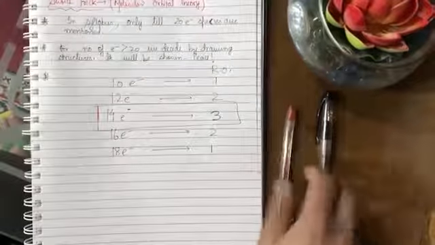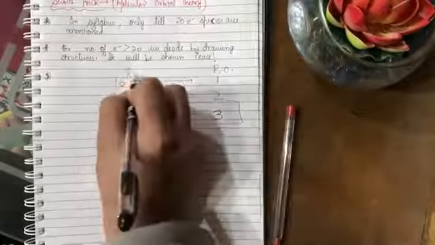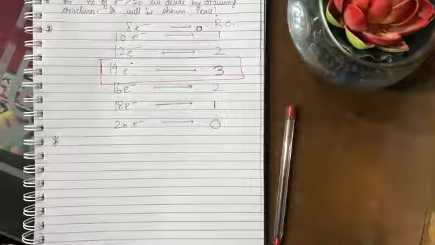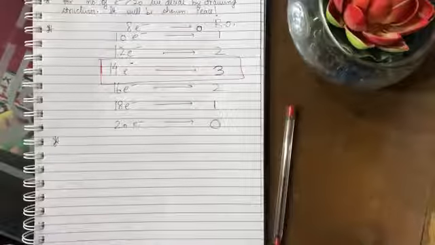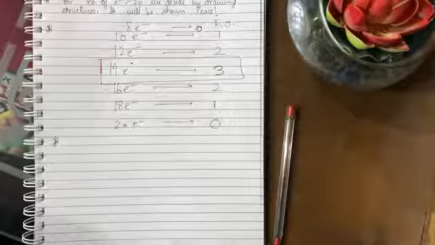Now if we go for 20 electrons, the bond order will be 0. Similarly, for the 8 electron species, the bond order will be 0. So now what to do for the species which have less than 8 electrons? I hope you've understood the earlier trick. If we have the number of electrons less than 8, then I'll show you a trick for that. Just remember this thing.